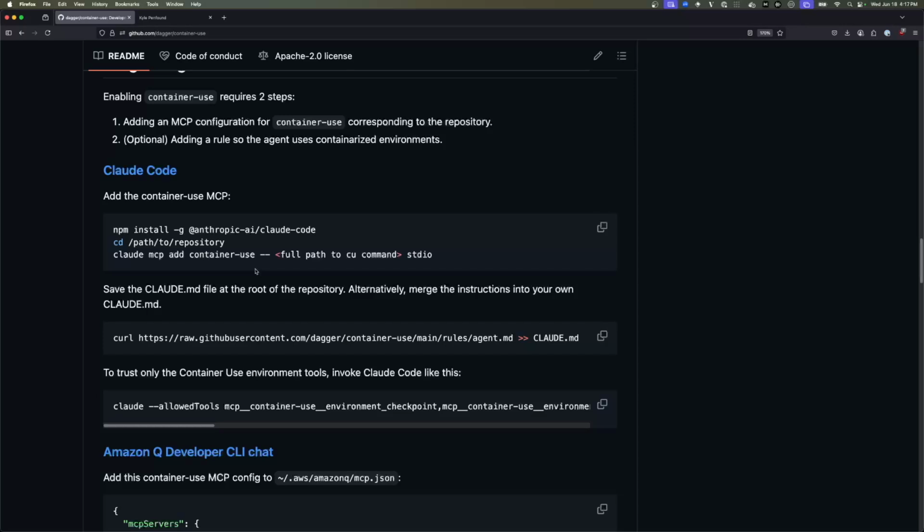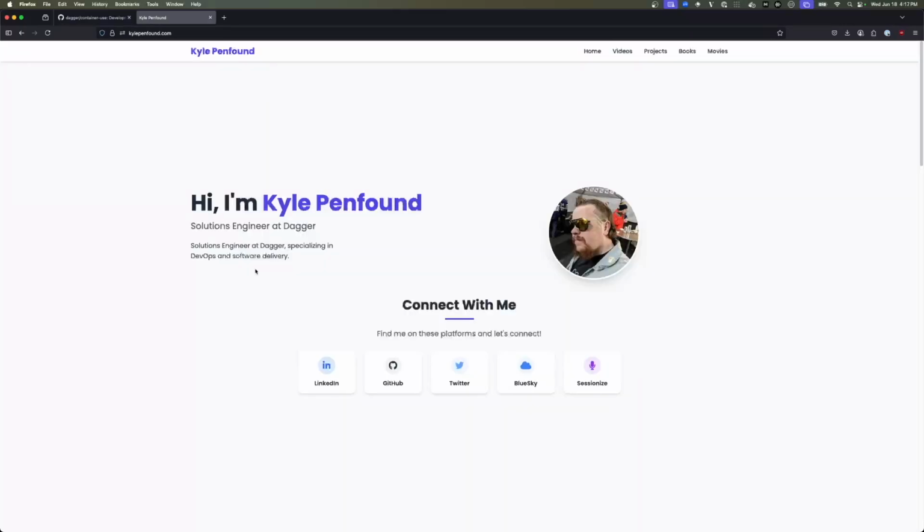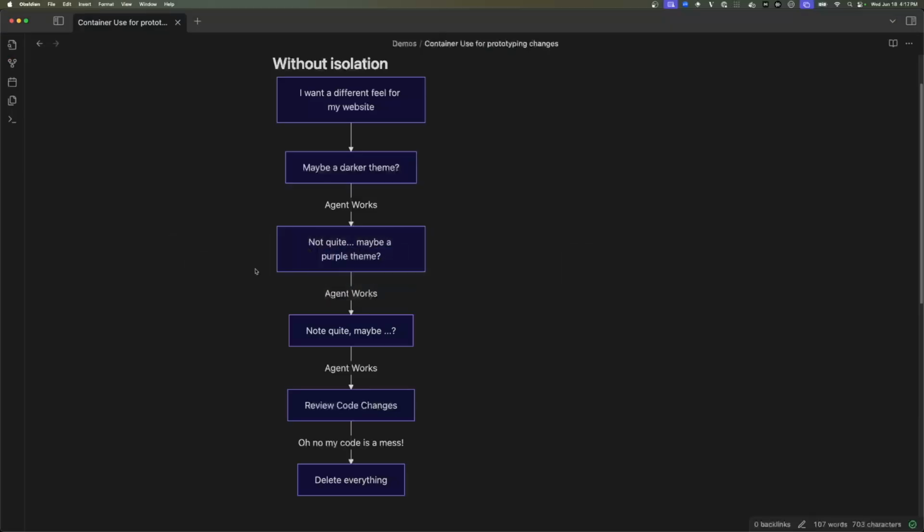And so what I'm going to do is I have my personal website, and I know that I want to enhance the theme a bit. I want to make the site a bit flashier. But as someone that's not super inclined on developing UIs, I don't know exactly what I want to change. And so if you've been in this situation before, you've probably had a flow like this with an AI